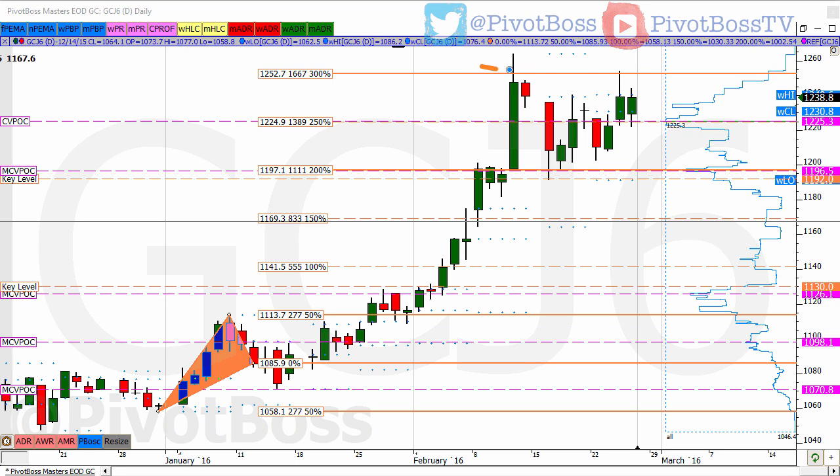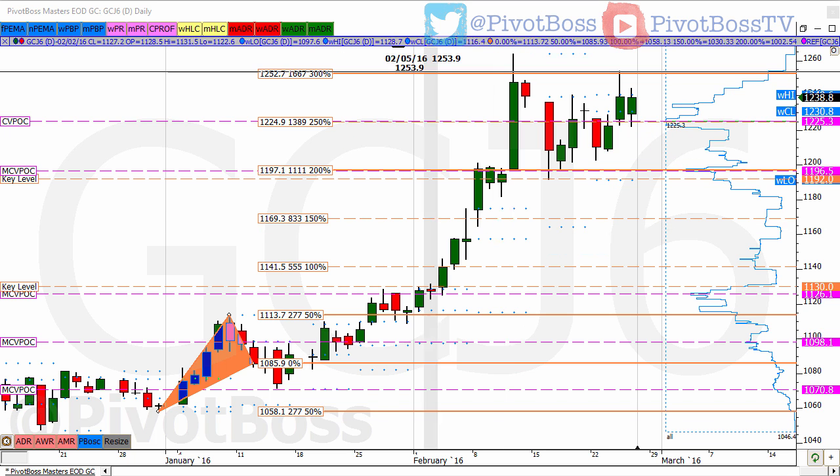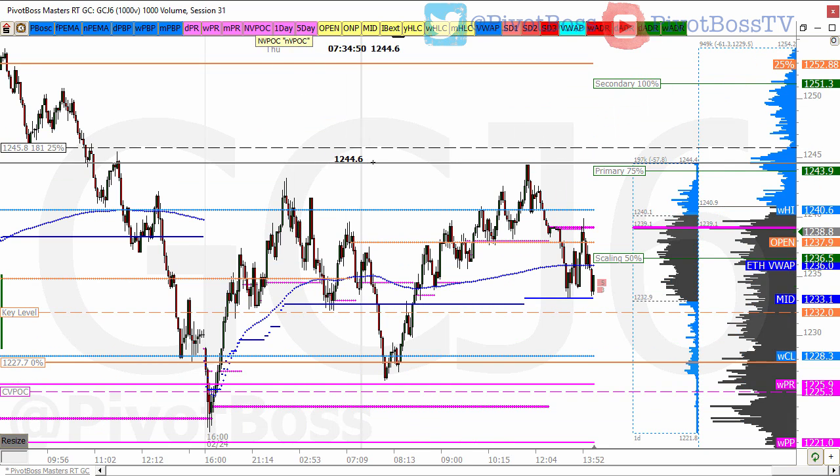But we know that we've been in this key range here. So trading back and forth could continue to fill in the holes in this profile ahead of the next phase of expansion. So looking at the intraday time frame for the gold chart right now, you can kind of see